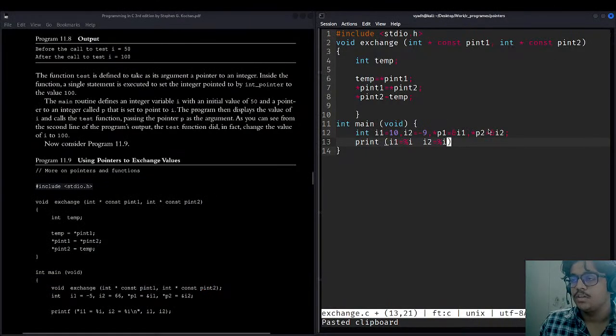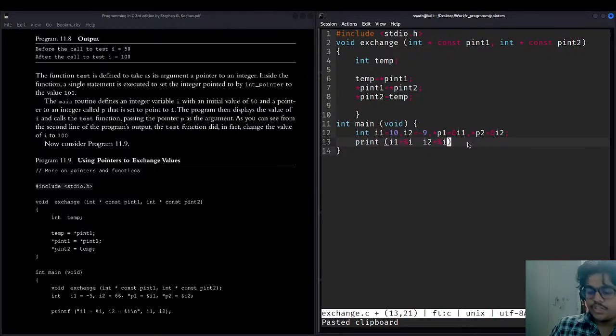Nice. Let's leave this. So we are checking the values before exchanging. So I1, I2. My second system is switched off because the battery is gone.